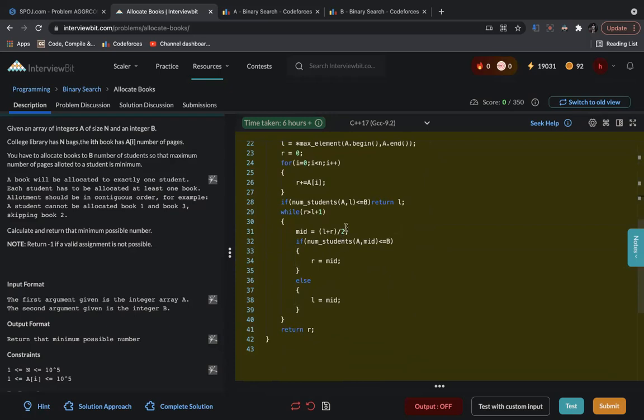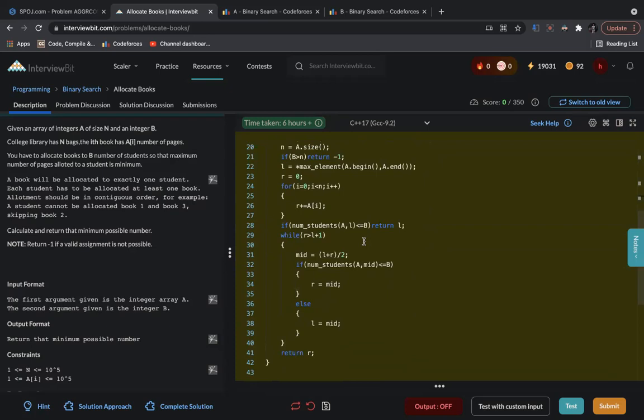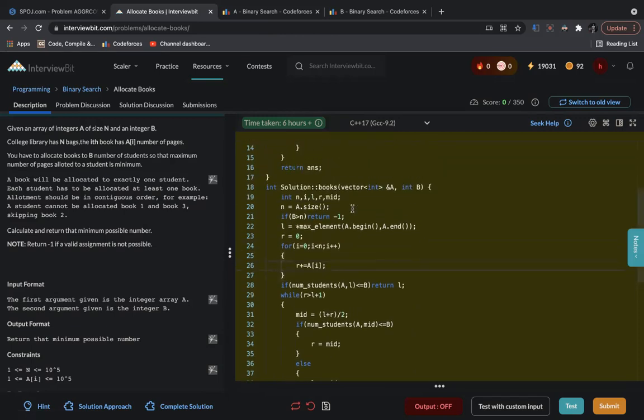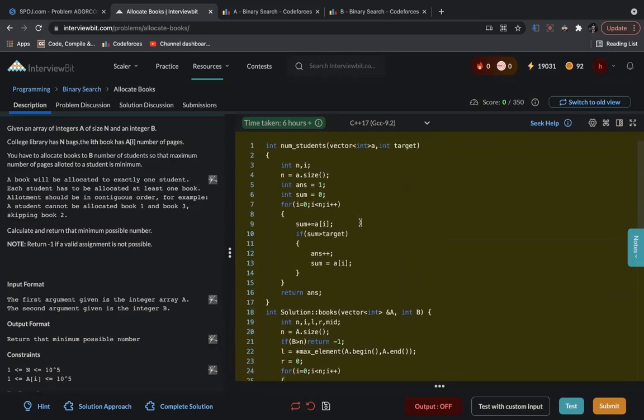Again, this checker function is linear in time, and we know that binary search works in log n time. So the total time complexity of this problem becomes O of n log n. In this way, we have essentially solved the problem. Now, does anybody have any doubts in understanding how I'm solving this? Because this is a really tricky problem. If you didn't understand anything, you are free to go ahead and ask the doubt.